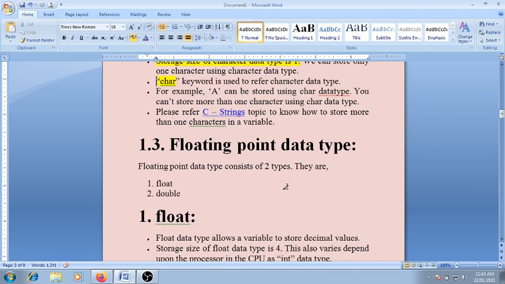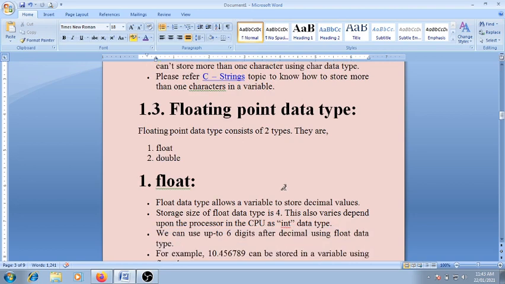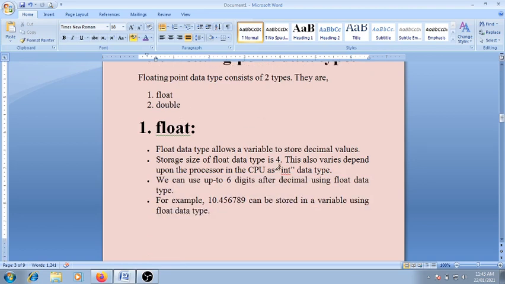The next one is the floating point data type. The floating point data type consists of two types, float and double. First we will see what the float is. The float data type allows a variable to store decimal values. The storage size of the float data type is 4 bytes. This also varies depending upon the processor in the CPU, as with the integer data type.